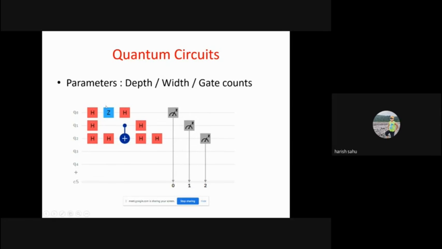At level 2, that is Z and H, depth 2. Then this is depth 3, depth 4, and depth 5. So the depth of this circuit is basically 5 here. 5 stages are there, 1, 2, 3, 4, and 5. So the number of stages in a quantum circuit is called the depth of the circuit.